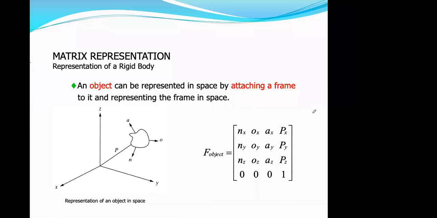So you can see this is a rigid body here, and it can be represented as F object. So this is the object here. The F object matrix can be represented in 3 dimensions. इसके approach vector, orientation vector and normal vector में end effector को decompose कर लिया, and this is your 3 dimension. इसकी position है from origin. This is the position in px, py and pz, and this is again your perspective matrix, and this is the scale factor. So in that way, the robot can be represented.